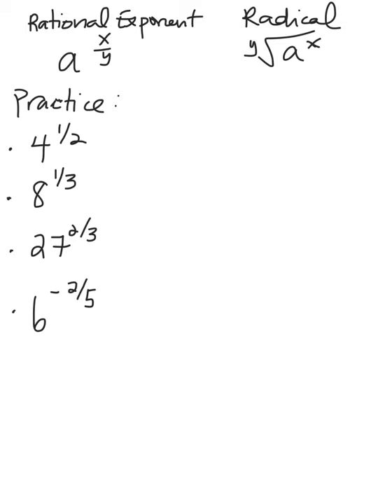All right, so we're going to try these 4 practice problems. So we have 4 to the 1/2 power, and we're going to use these formulas this time. We're given all of these values in rational exponent form. We want to turn them into radical form. So my first problem, 4 to the 1/2: a is 4, x is 1, y is 2. So we said y was 2, so the 2 goes here, a was 4, and x is